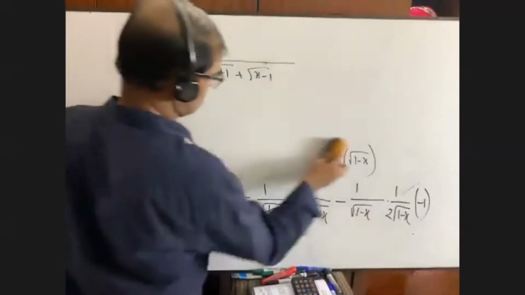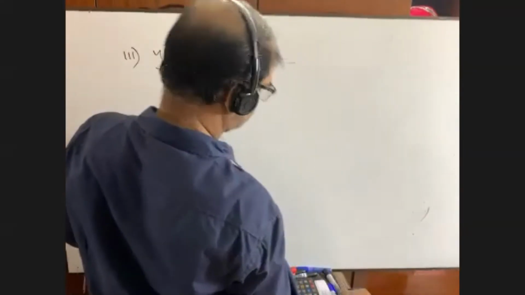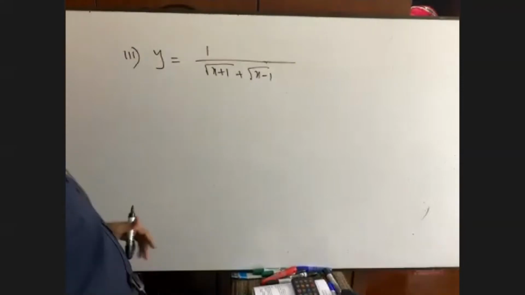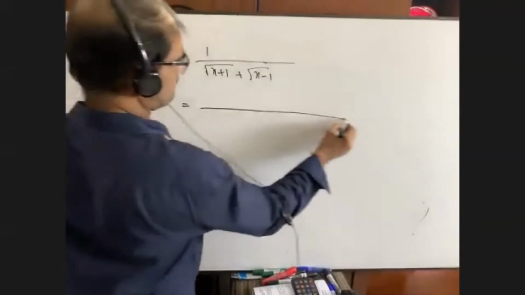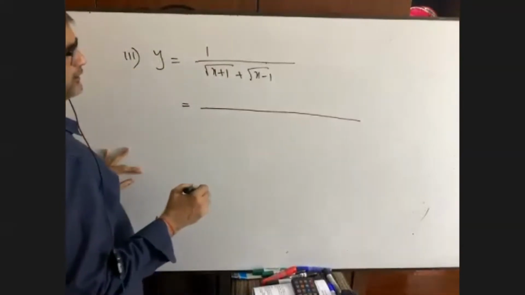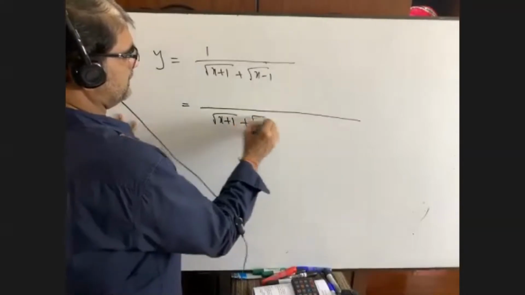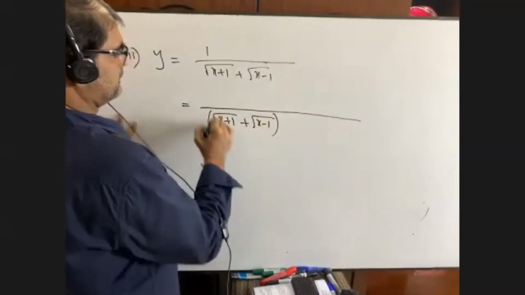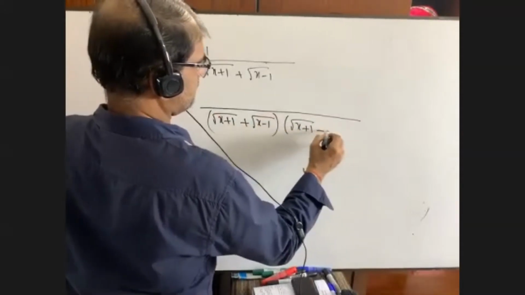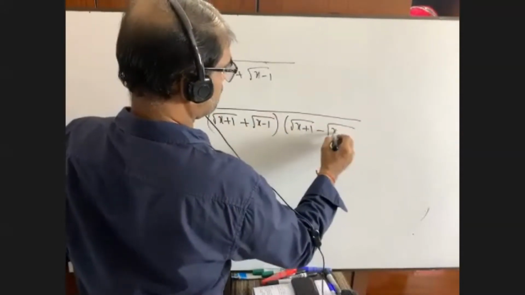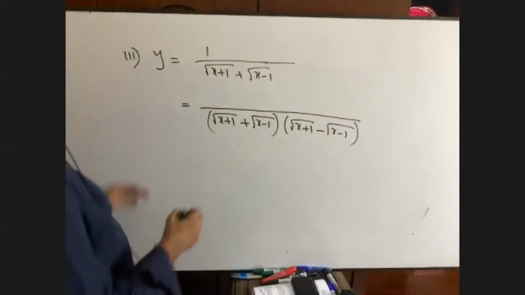Sir, can we not take ln here, or can we? It can be done in two ways, taking ln and the other way. By inverse, with conjugate. Yeah, it is x plus 1, x minus 1. If the whole denominator is taken as power minus 1, of course, but that will be hard. Okay, so we are going to multiply like this.